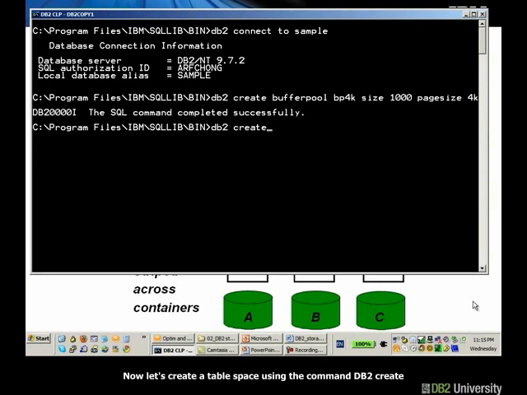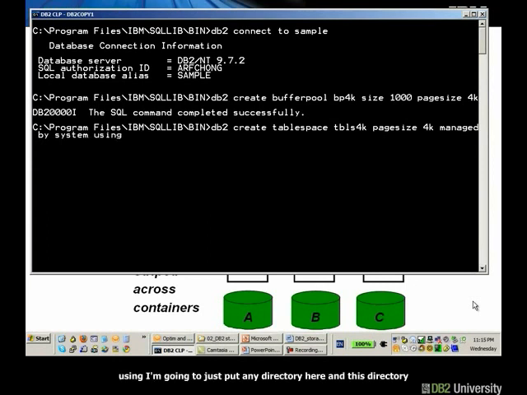Now let's create a table space using the command db2 create table space. Let's call it tbls 4K. Then I have to specify the page size, and I'm going to use also 4K, managed by system, and this will be explained a little bit later in this lesson. I'm going to just put any directory here, and this directory, as I will explain later, does not have to exist. So let me just call it cerase